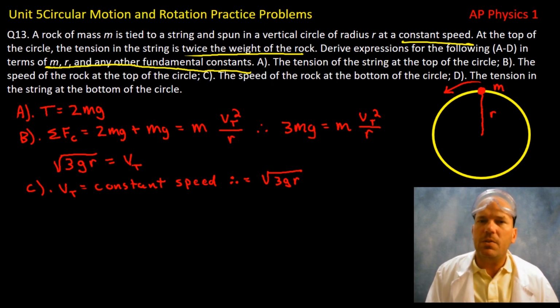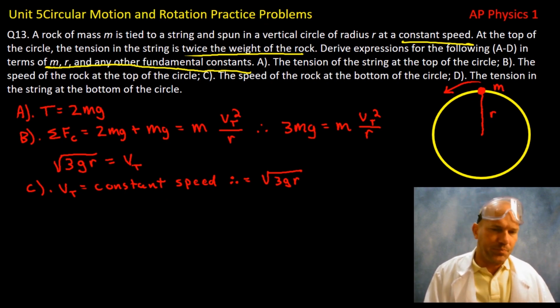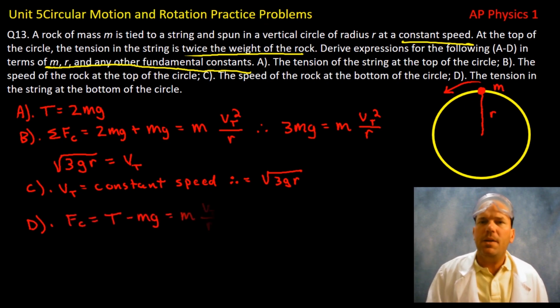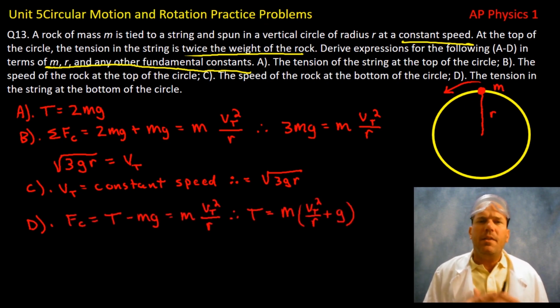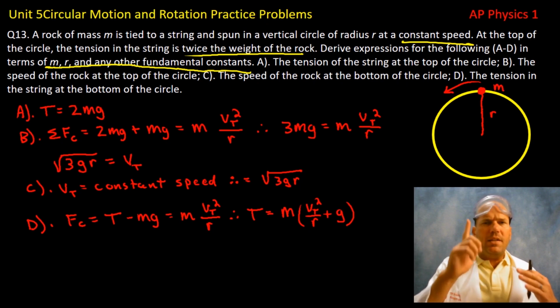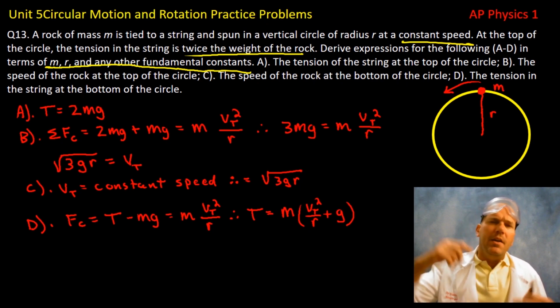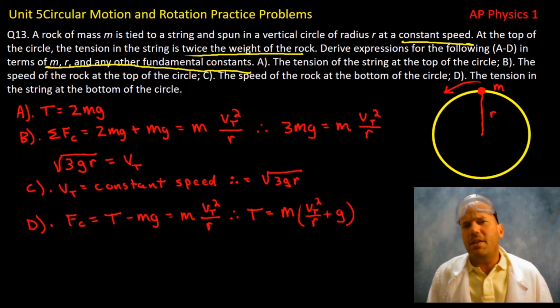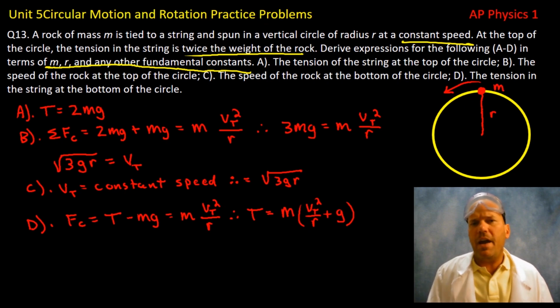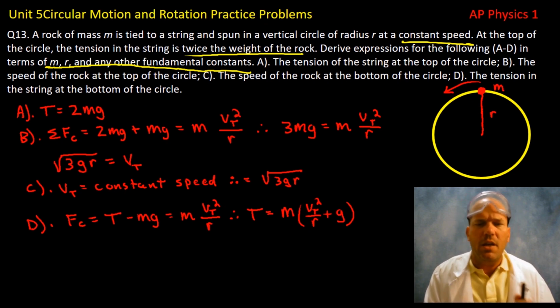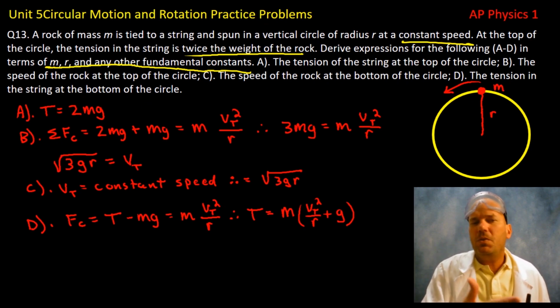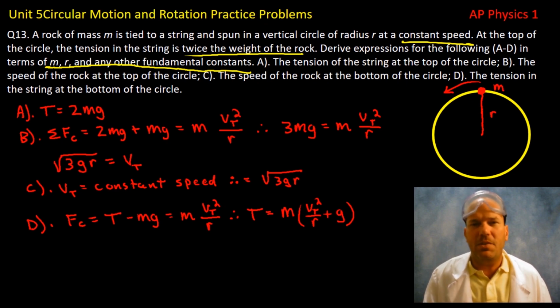Well, we're going to need to sum our forces at the bottom of the loop, in which case we have the force of tension directed inwards, so that will be our centripetal force, which is always positive. Force of gravity is directed downward toward Earth, so we're going to be subtracting the force of gravity from the force of tension. We derived the force of tension